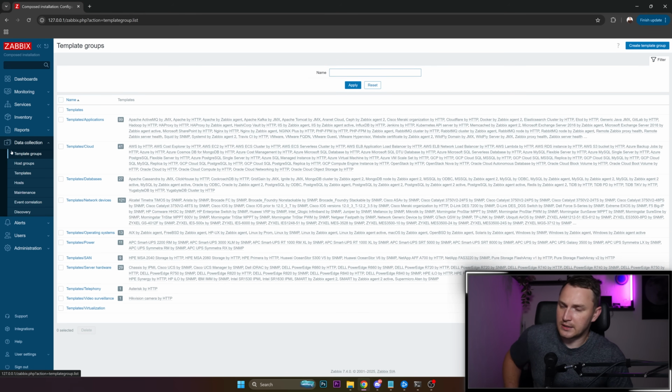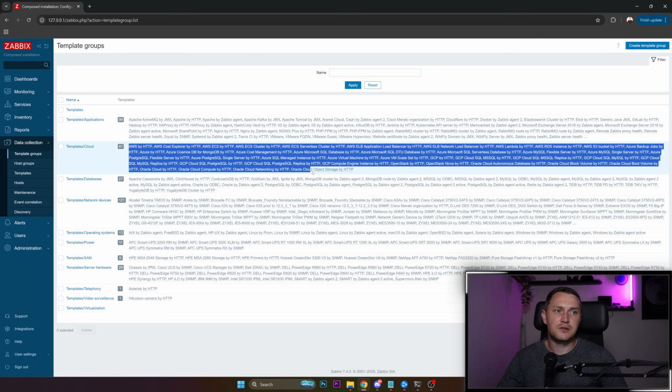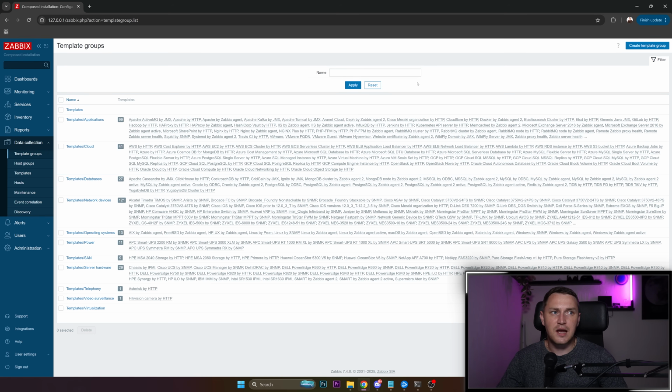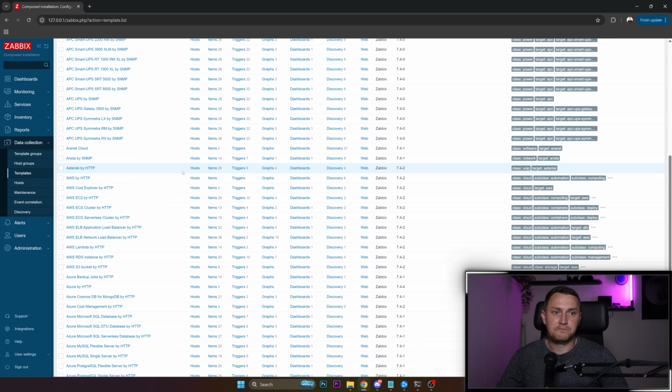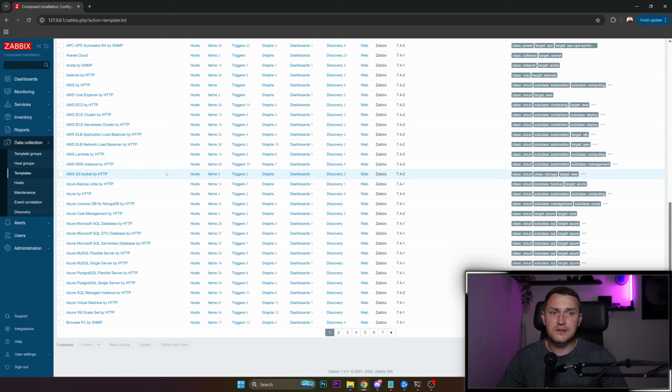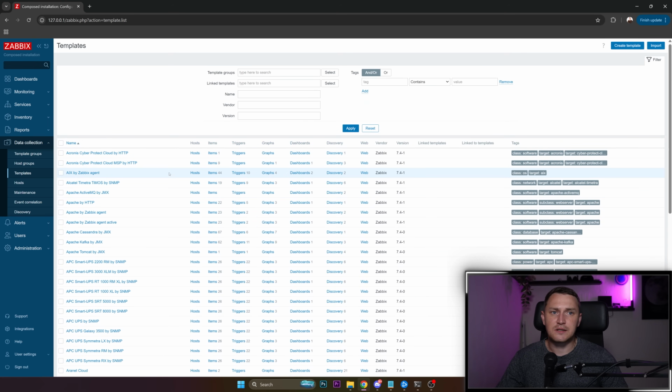And even if you created a template, you had to specifically assign it to the host group. So here in the template groups, you can even see that, okay, we have a template group, Templates/Cloud, and here all of these gray ones are the actual templates that are inside this group. So, logical grouping, templates. A list of all the templates that you have in your Zabbix out of the box,